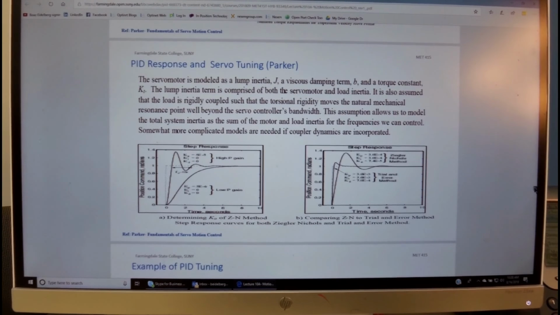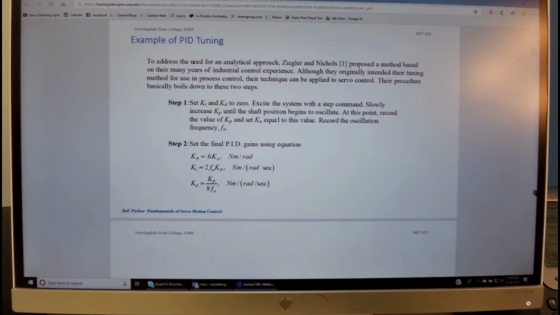The process of tuning could be done by taking the system and increasing the proportional gain until the system starts to oscillate aggressively under no control, which is actually resonance.